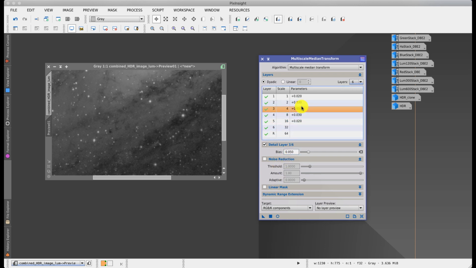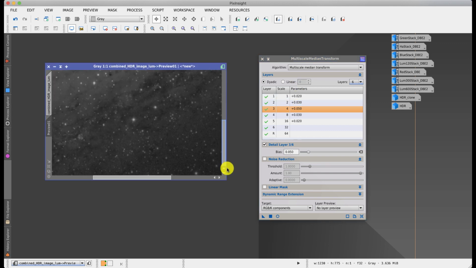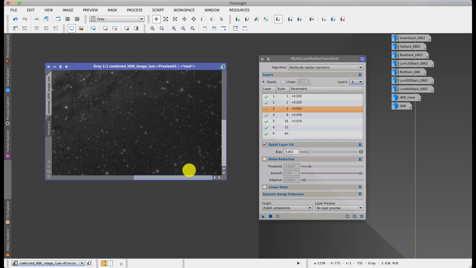So I'm going a bit extreme here. Whoops, and let's see what happens. So that's as extreme as I would want to go, and the stars got quite white. The detail on the dust lanes is now very apparent. There's a danger of clipping and also accentuating noise. If I look in this bottom corner, well away from the galaxy, you can see that the noise has started